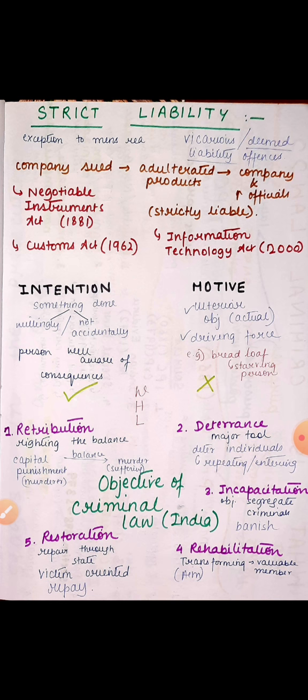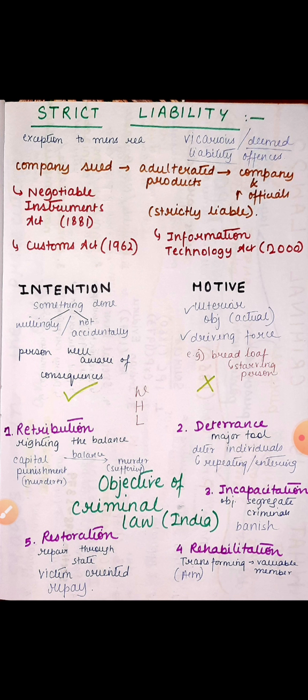The third subtopic of the chapter is the difference between intention and motive. We often consider these two to be the same thing. We use these words synonymously, but they are not the same. Intention is the one thing that is considered in any criminal law. Motive is not considered. Now, what is intention? How can we define intention formally?